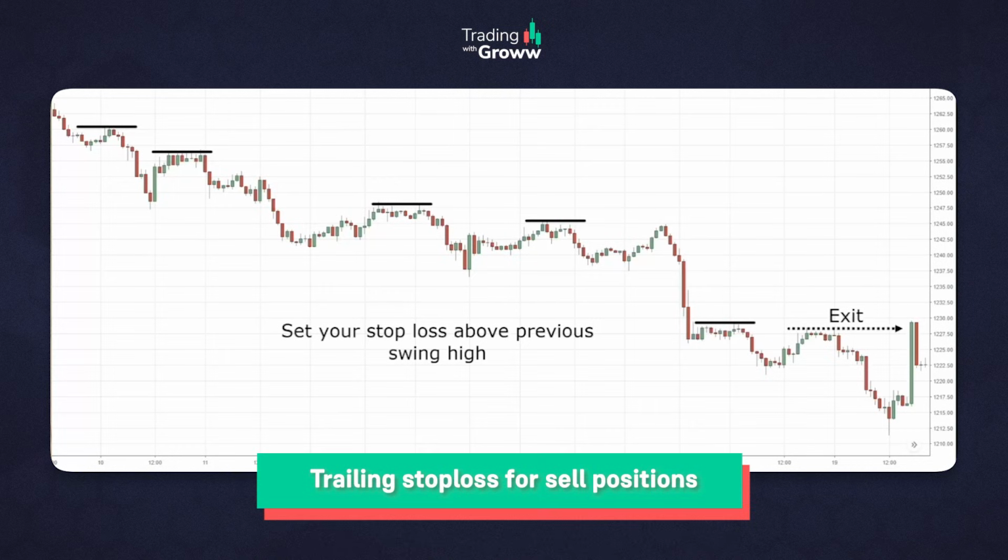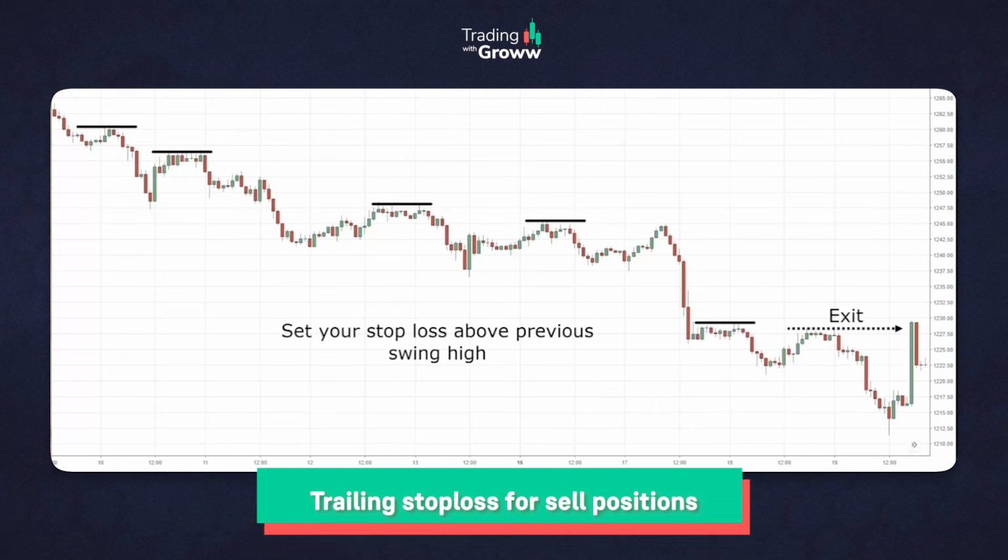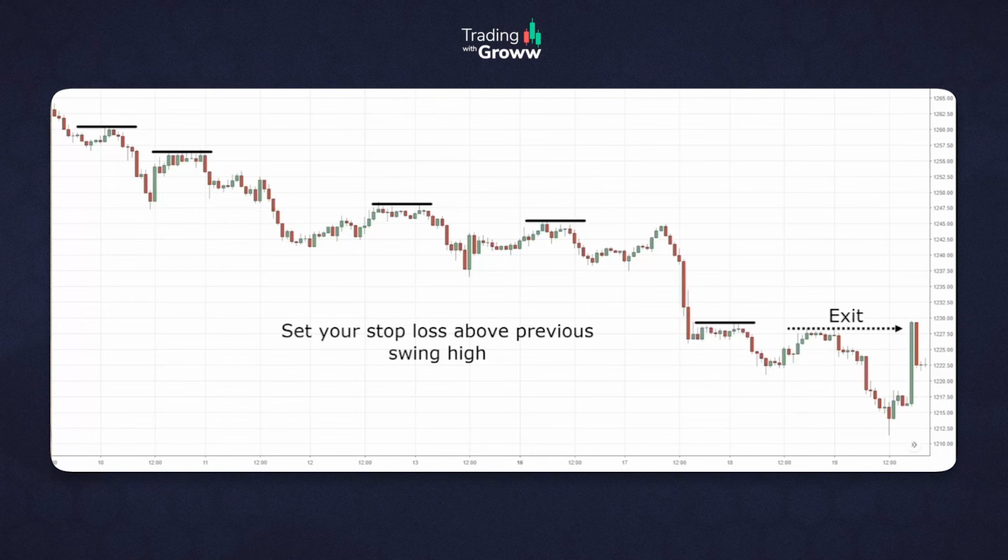Similarly, while going short, we use the previous swing high as our trailing stop loss. So in this example, you could see a stock in a downtrend. You would have shorted the stock in the beginning, and as long as it keeps going down, you just mark the previous swing high levels. Those black color marks that you are seeing are nothing but previous swing high levels. And finally, the moment it closes above the recent swing high level,